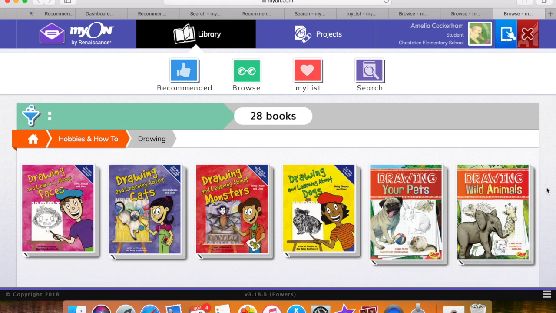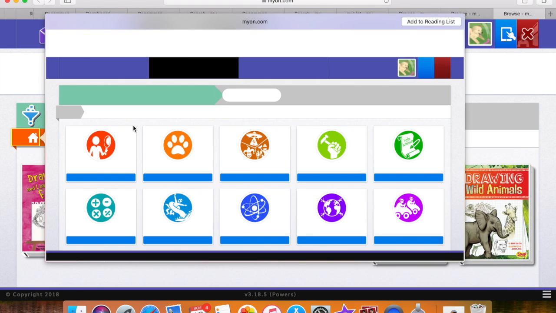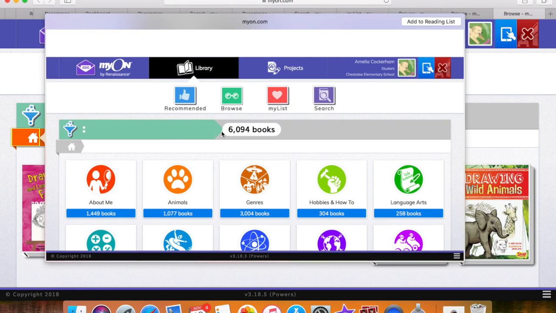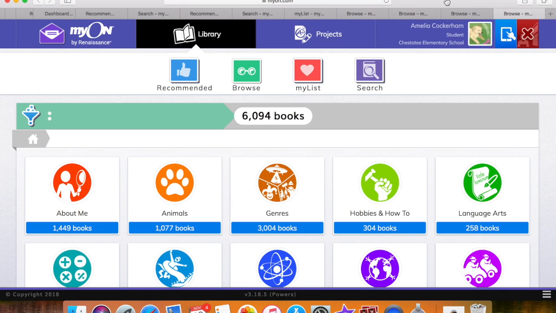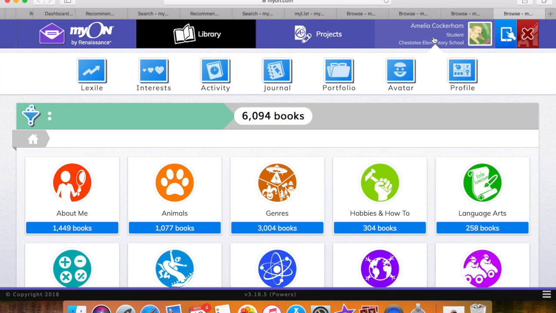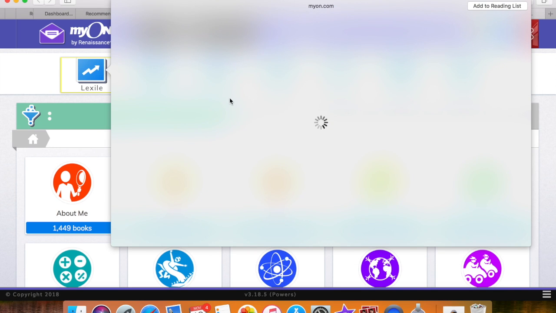So drawing your pet, drawing wild animals, so much stuff they show you how to draw. Then I'm going to go home to the orange button and it will show me more stuff. Now if I hit my name, the student address, the elementary school, that's where you hit Lexile. If I go to Lexile,